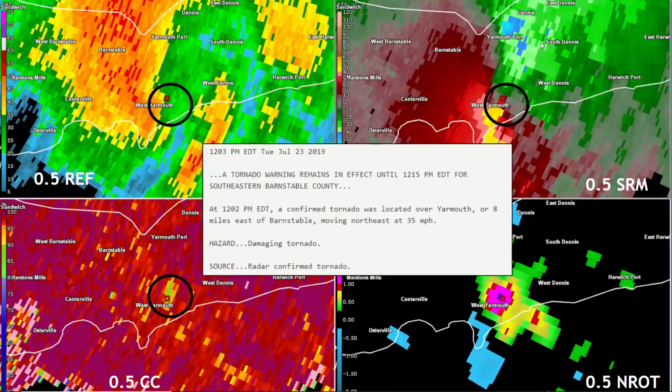And the correlation coefficient. Finally, you have the end-rod, and this is another derived product where a higher value indicates higher rotation. But a word of caution: you never want to use end-rod by itself without the other products. High value end-rod does indicate a tornado on the ground, but